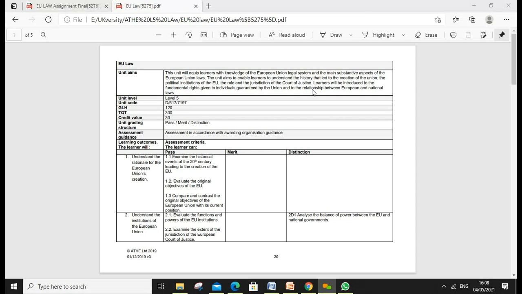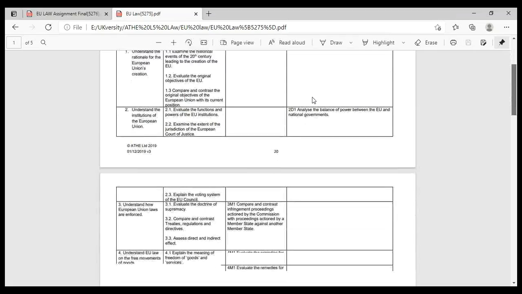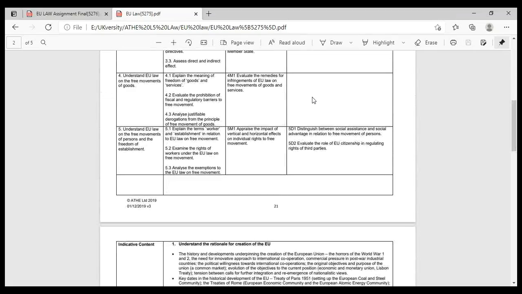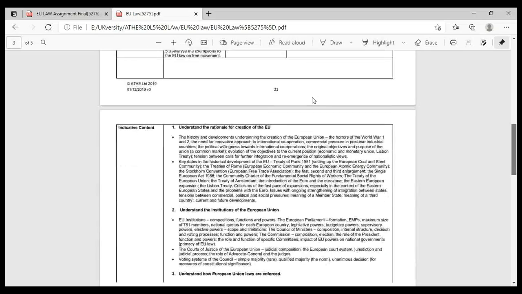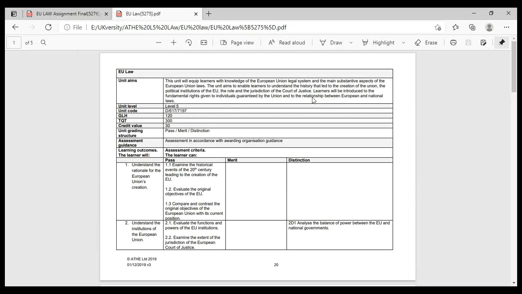So before starting this unit, we'll discuss what we are supposed to learn under this unit. This unit has 5 learning outcomes, so each lesson will go through one learning outcome. Today's lesson will be focused on learning outcome 1,